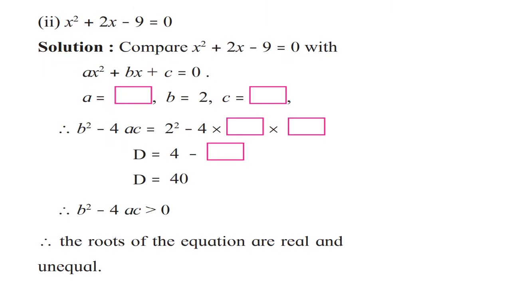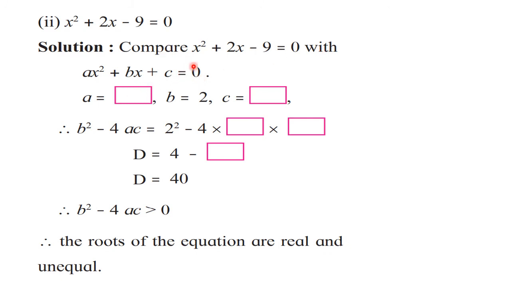So the second question is given in the form of an activity now, and you can see the empty boxes. Such a question can appear for 2 marks in question number 2A if it is activity based. That means all the steps are given clearly to you and you need to write down only the specific answers in the boxes. So the equation is x square plus 2x minus 9 is equal to 0. It is in standard form. So let us compare it with the standard form, that is ax square plus bx plus c is equal to 0, which they have already given.